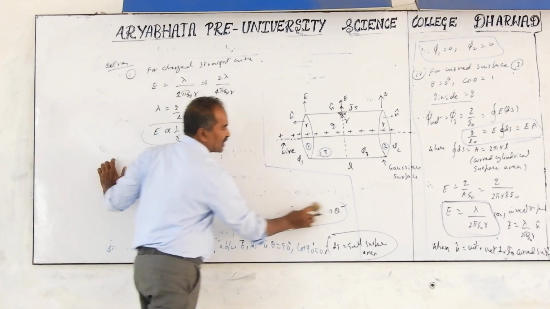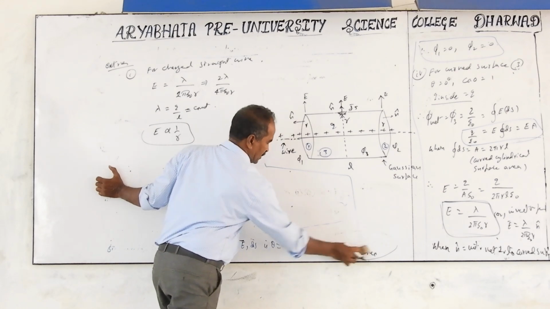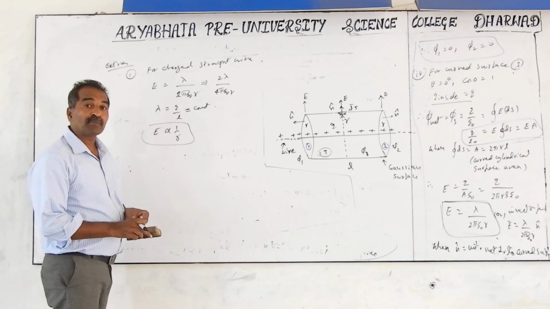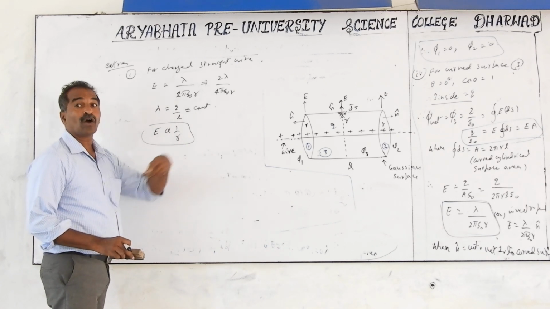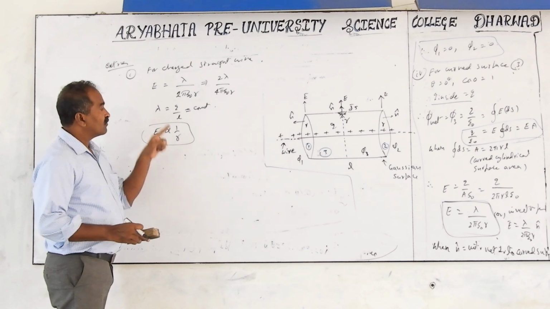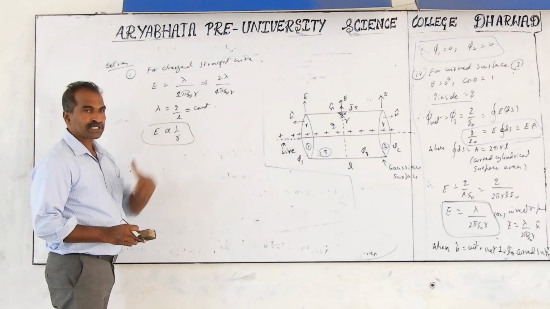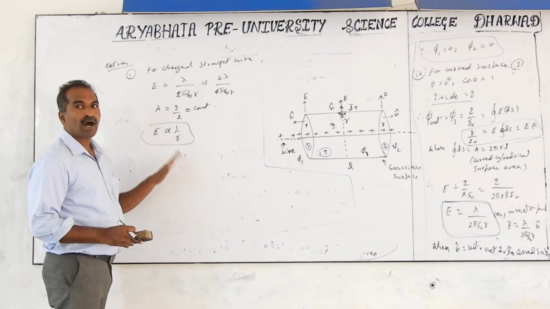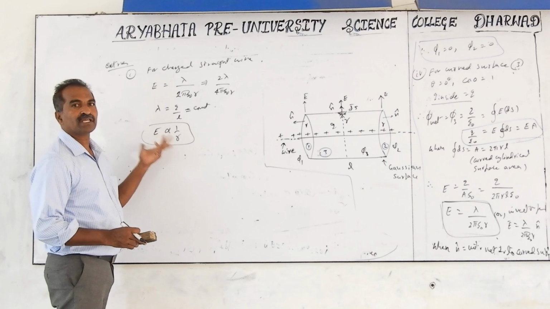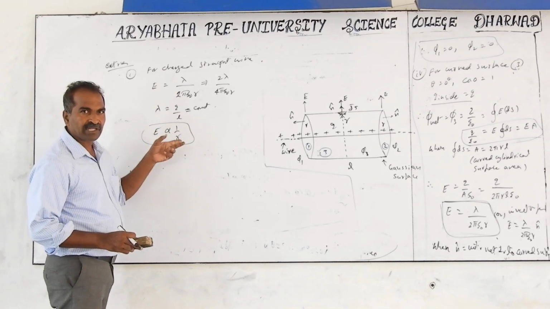Remember, we have different formulas for the electric field. For the basic formula of an isolated charge, E is inversely proportional to r square. For a dipole at long distances, E is inversely proportional to r cube. For the linear, lengthwise distribution, electric field is inversely proportional to r. If r increases, electric field decreases. At different distances the electric field changes, and they will give the r value sometimes, like r doubled.